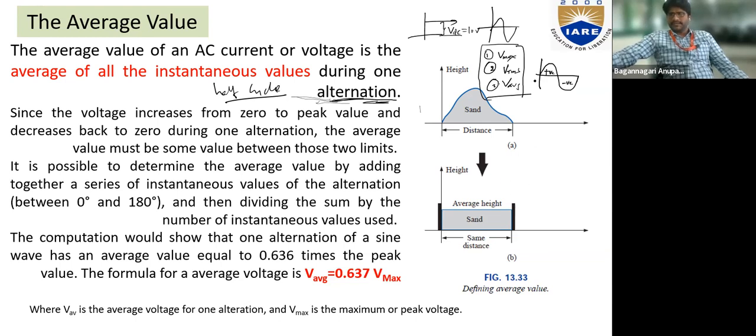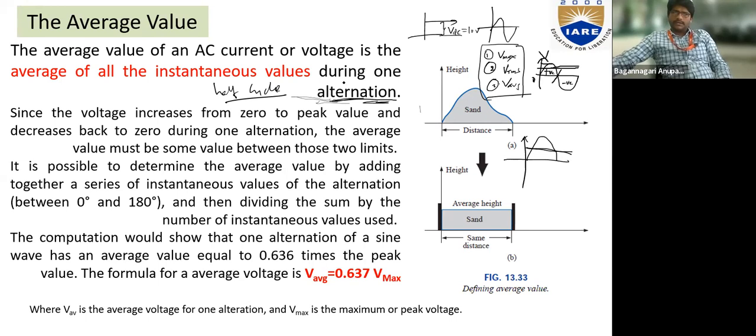Suppose this is a sinusoidal waveform, right? If this is a voltage waveform, the value of the voltage starts from 0, goes to the maximum peak and comes back to 0. So if I calculate some average for this, it will be something between these two limits. Based on the shape of the waveform, it may take any of these values in between. If this is a sinusoidal, you may get an average value somewhere between the maximum and minimum values, right?